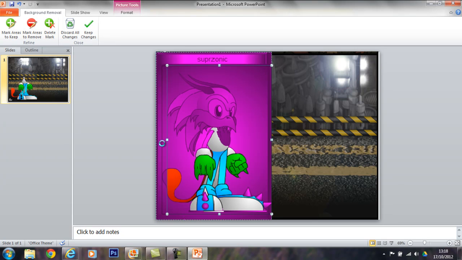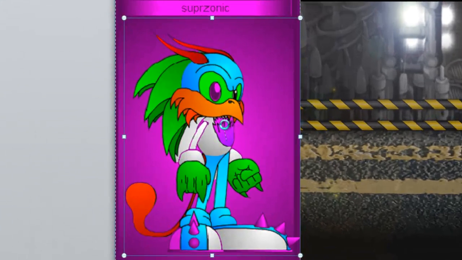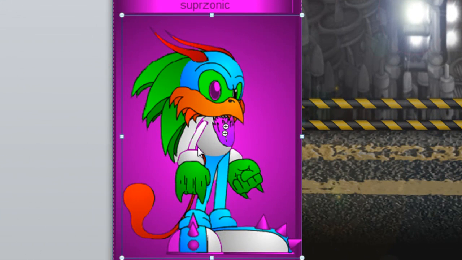Make sure you click on the right image, not like I did there. And then drag this box out like that. Now there are still purple bits here, this means it hasn't been selected. So what we need to do is click on this option here, mark areas to keep, like that. Okay. Click on there, all that purple area starts to come on, same with that, along the bottom of his feet, like that, that there,